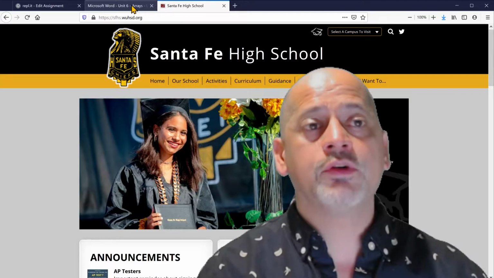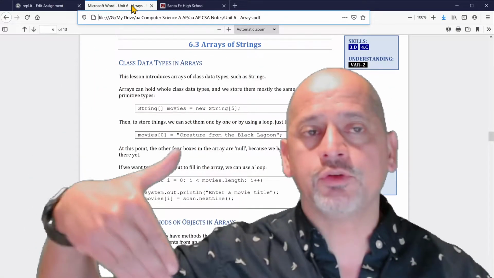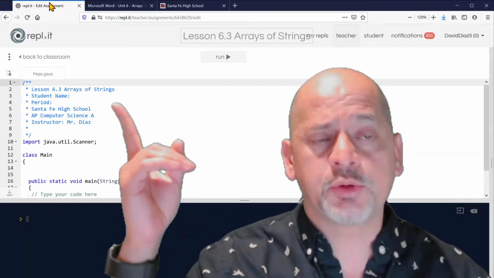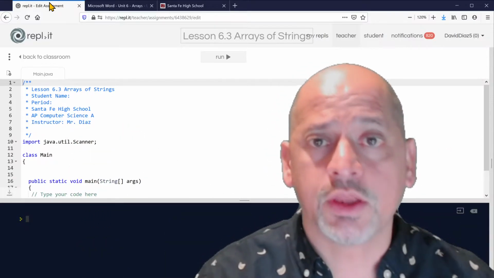Today we're going to cover section 6.3, arrays of strings. So be sure to have your notes with you. Be sure to have your repo opened up to section 6.3. Type in your name, period, and don't forget to click submit once you are done so you can get credit